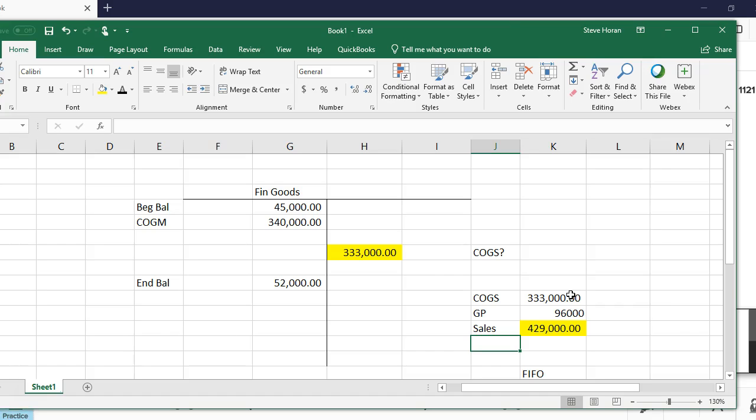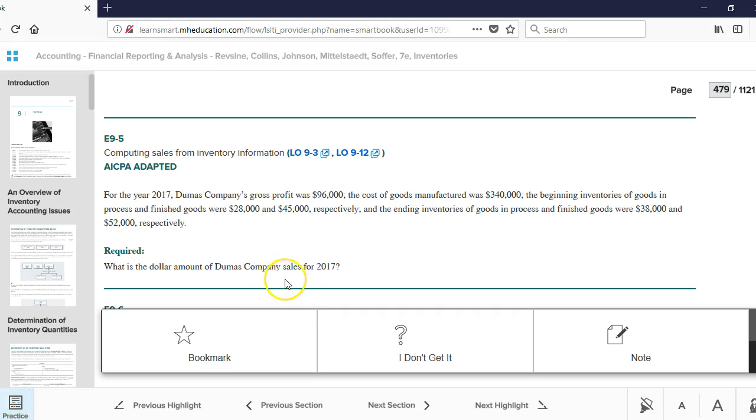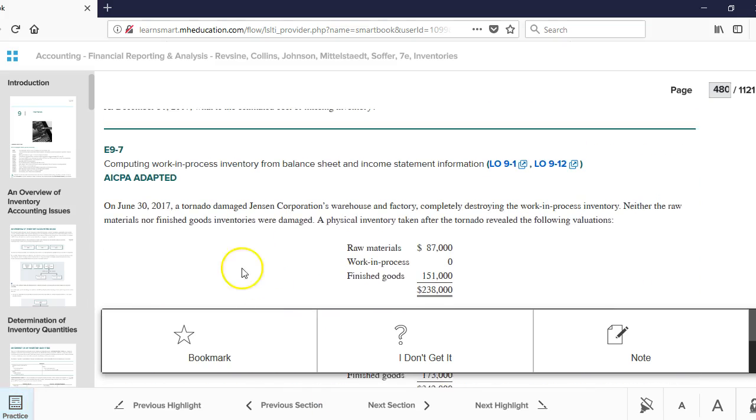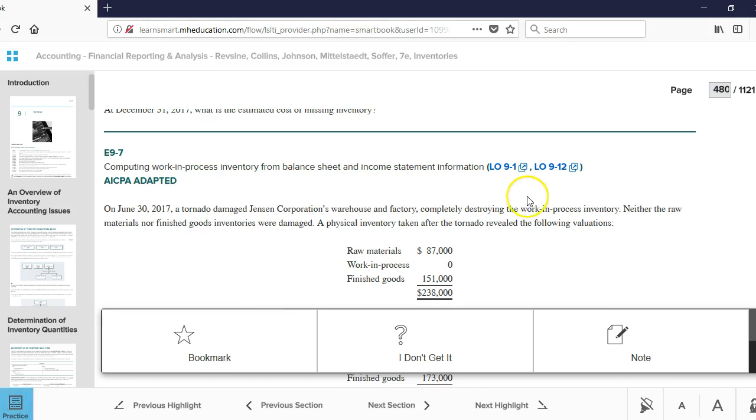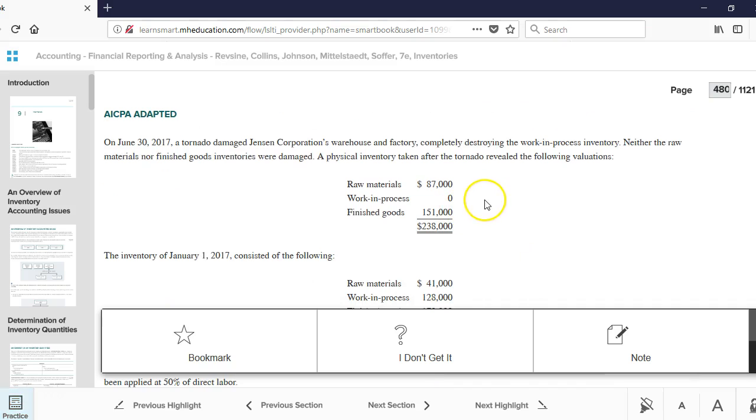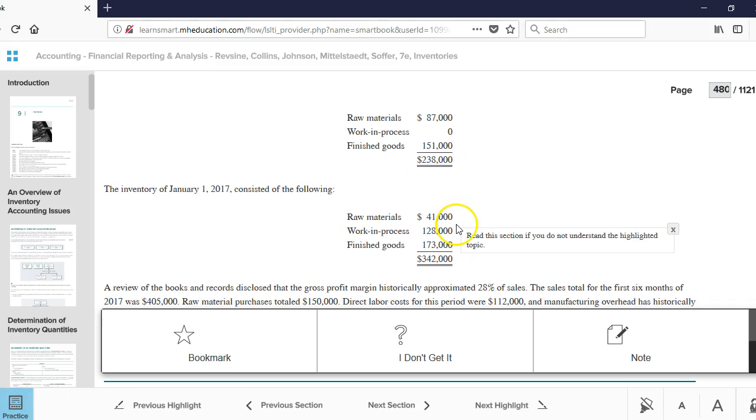Okay, then we'll do one more, and this one deals with manufacturing. This is question 7. For this one, it says compute the work in process inventory from balance sheet and income statement information. June 30th, 17, tornado damages Jensen Company's warehouse and factory, completely destroying the work in process inventory. Neither raw materials nor finished goods were damaged. A physical inventory taken after the tornado reveals the following valuations. So raw materials worth 87, work in process is a goner, finished goods are 151, and then inventory as of